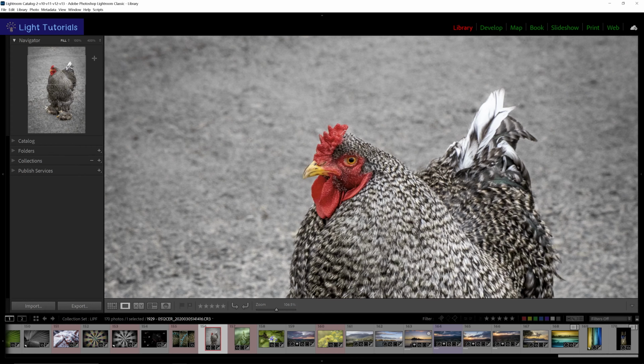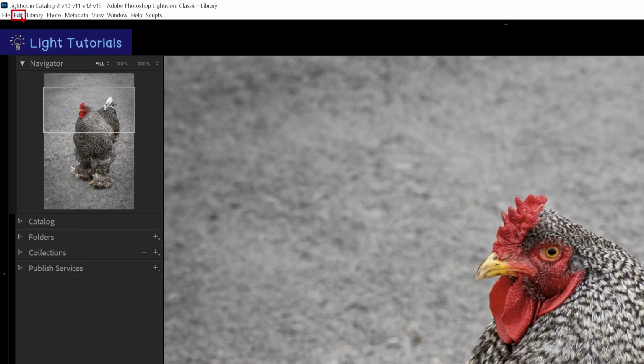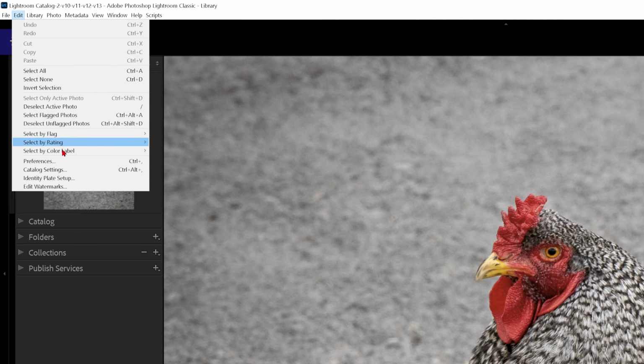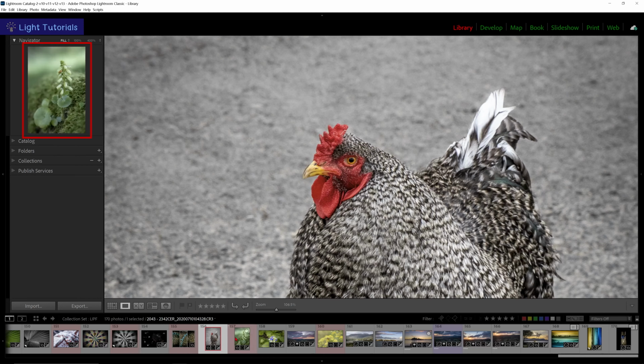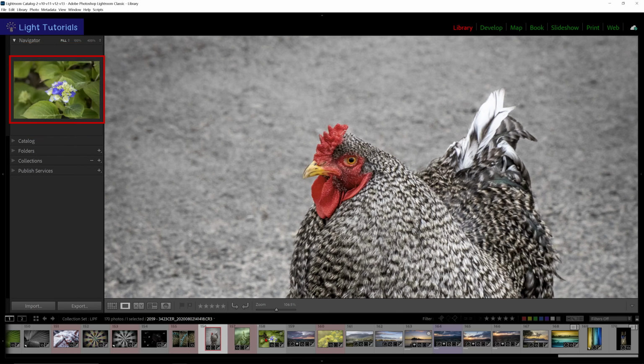In the Library module, you can make the Navigator window behave as a preview window. Go up to Edit, and then click on Preferences, or press the keys Command+, on a Mac or Control+, in Windows. In the Interface tab, select Show Photos in Navigator on mouseover in the Film Strip section. The Library Navigator now enables you to quickly view a photo in the film strip when you hover your mouse